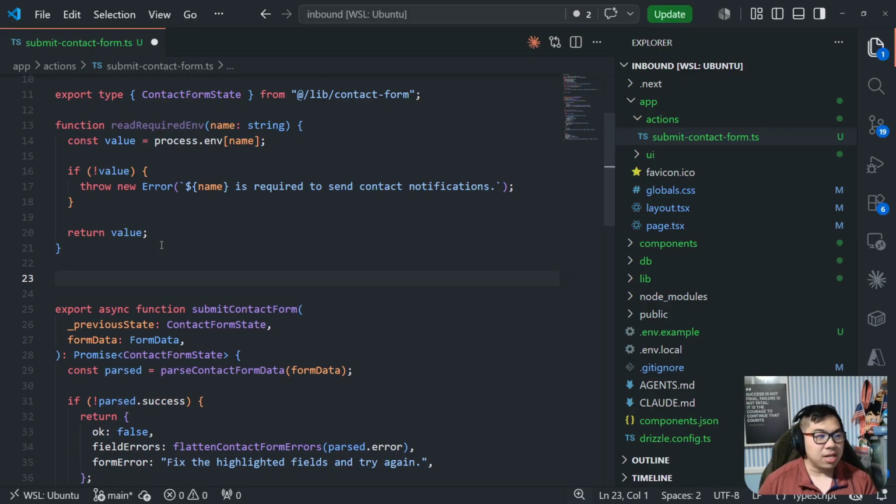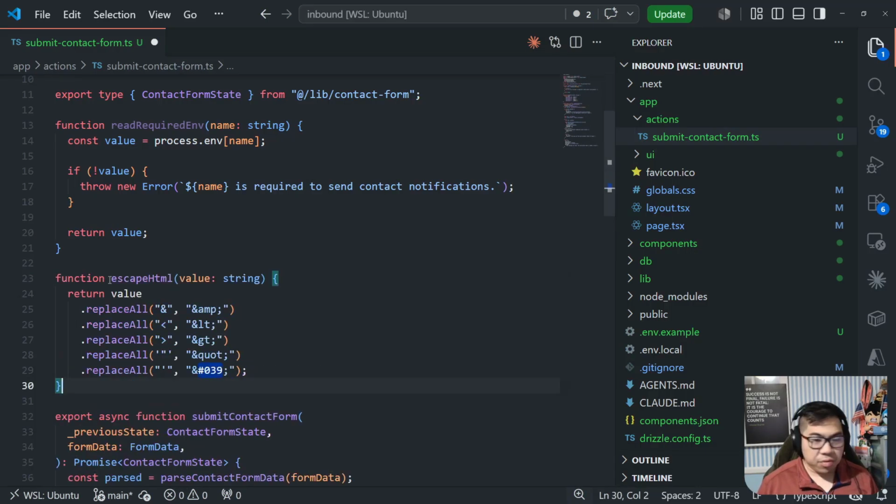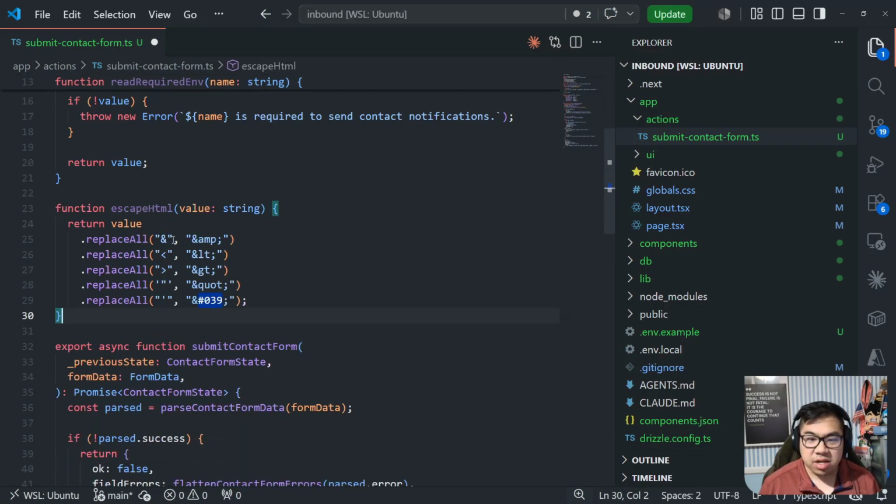Then the next one. Now the next item that we're going to add is another helper function, which is named escape HTML, and providing a particular value. We're just going to replace all of the raw strings here with escaped versions. So the reason that we do this is in case of script/HTML injection. So we have these starts and ends of tags, some quotes, ampersands to basically prevent someone from putting in a random link or something that they're not supposed to do,